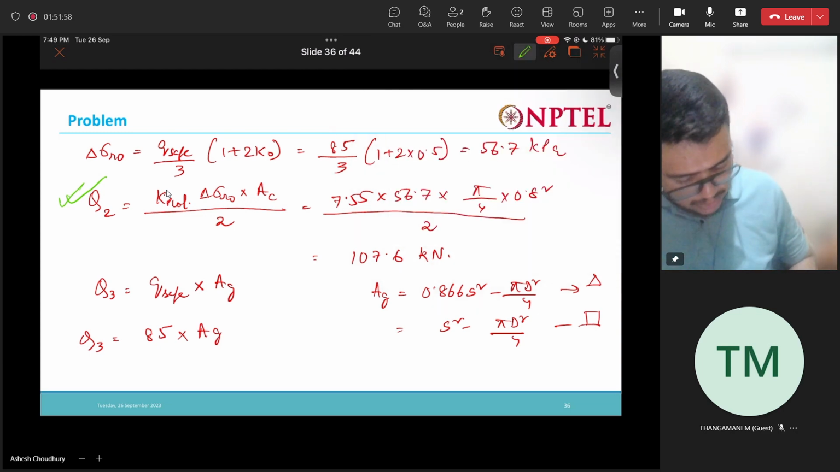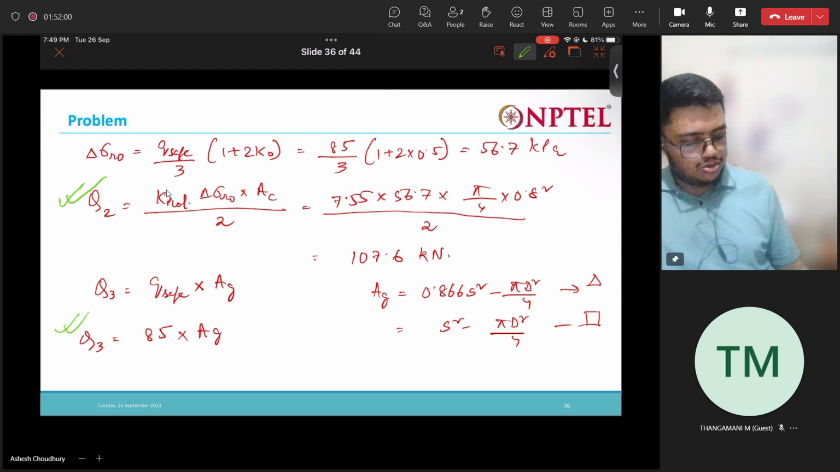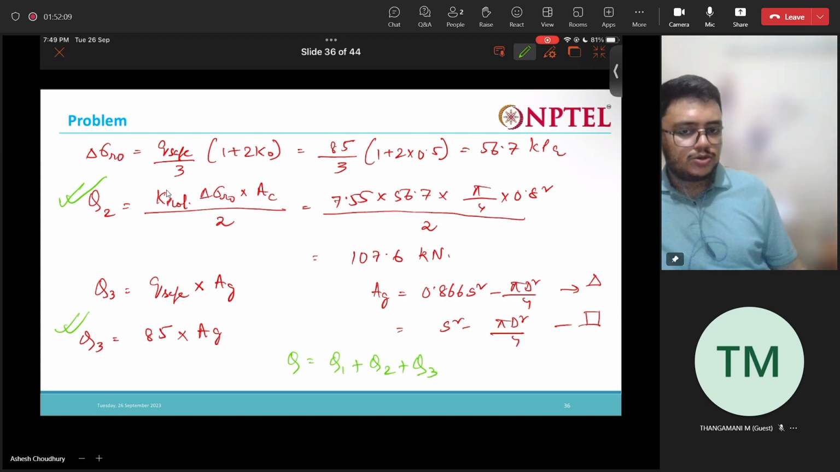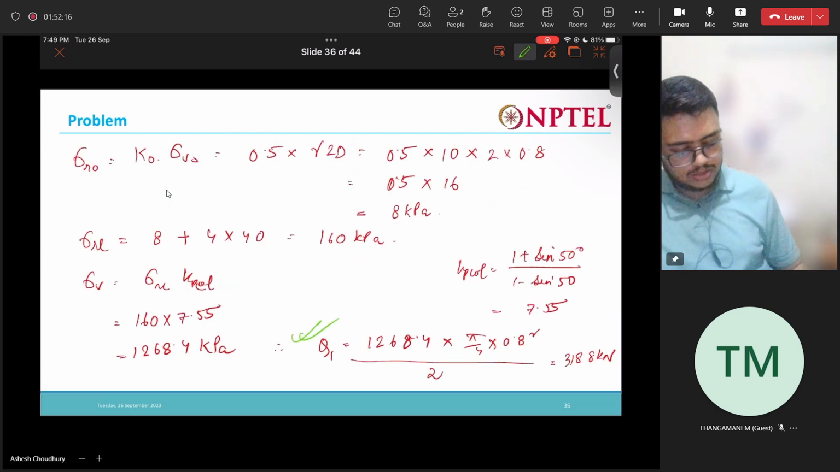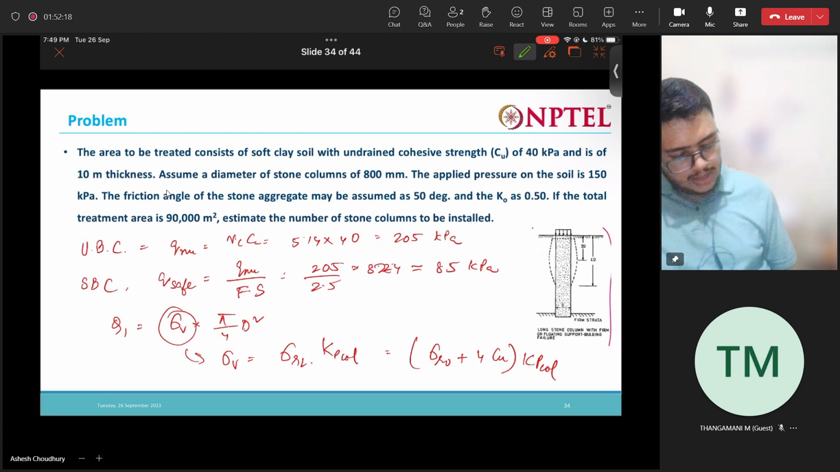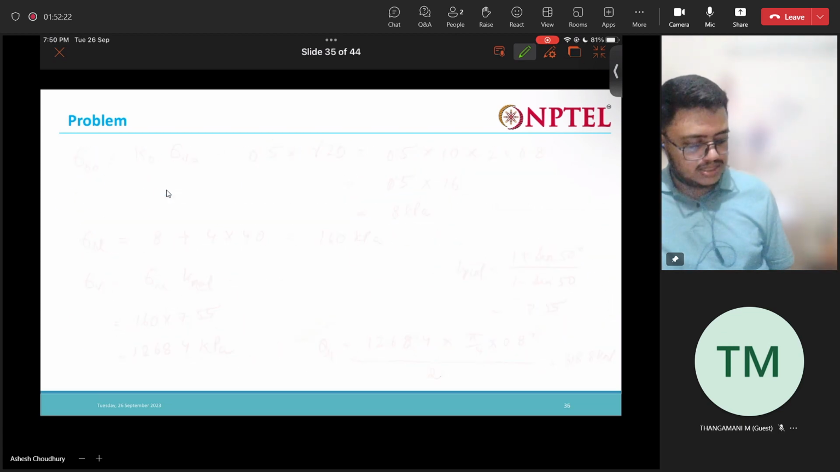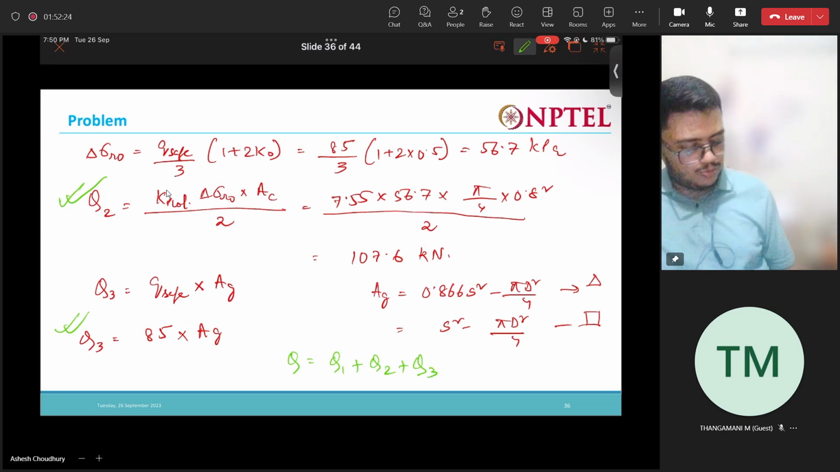Now finally what we do, we need to determine the spacing, right? So total Q you got is Q1 plus Q2 plus Q3. This we will equate to the total pressure that is coming, the total load that you have to resist. So 150 kPa is the applied pressure on the soil. We'll equate this to that and find out the spacing. So for triangular pattern,